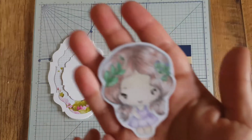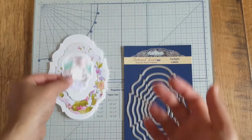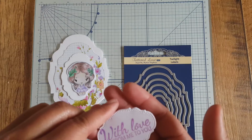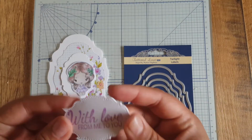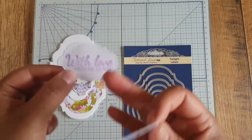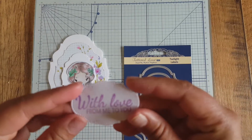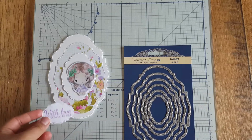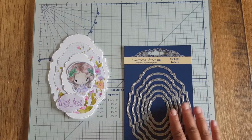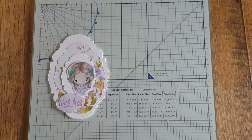And I've already coloured her in roughly with some pencil crayons, and the crayons I used are so inexpensive. I'll show you those as well. And then I've just stamped on with Love From Me to You, and because this is paper I need a bit of sturdiness, so I've just cut out a matching card, and this is going to be my stopper for my easel. So those are the bits and pieces that are already cut out, and I will be putting it together for you. But before I go into showing you how I'll be putting it together, I just want to show you